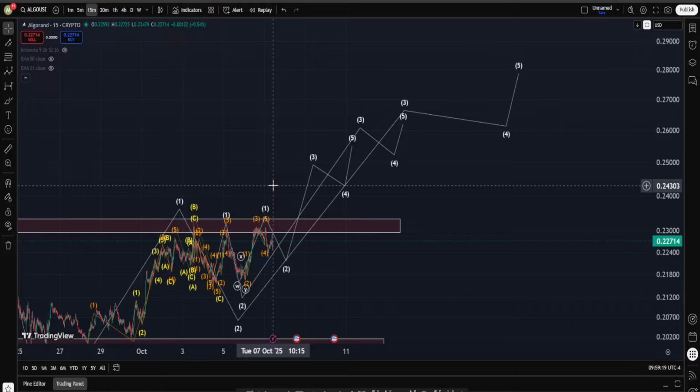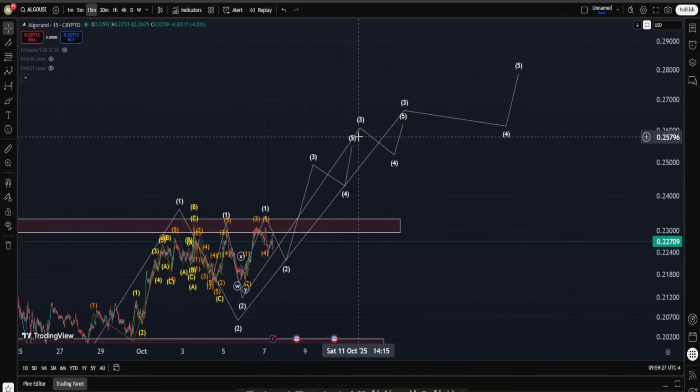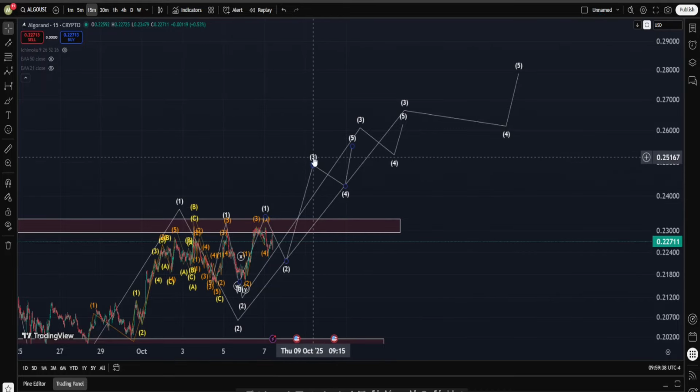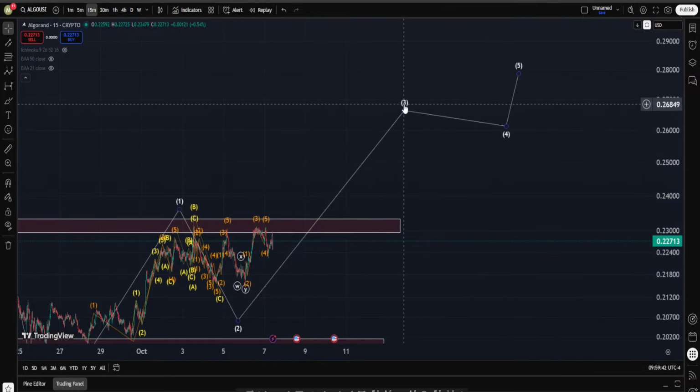And since, again, remember, in terms of Elliott waves, wave 3 is known to be quite a strong and sharp move on the upside, and this scenario does suggest that soon we're going to be on our way up to complete a series of wave 3s. Well, okay, we can say if you want to go according to this thing, our move up in Algorand soon is going to accelerate quite a bit. So as you can see, one way or the other in Algorand, I do think the structures look insanely bullish,